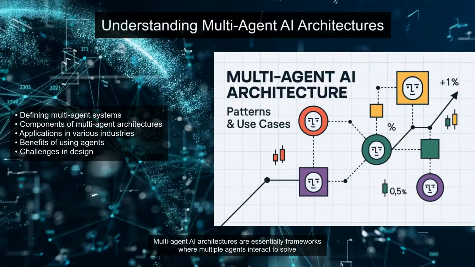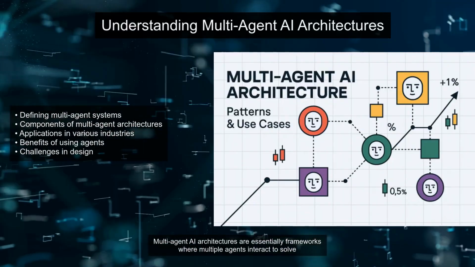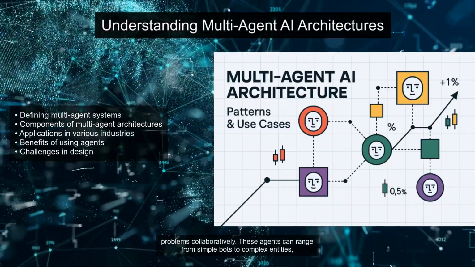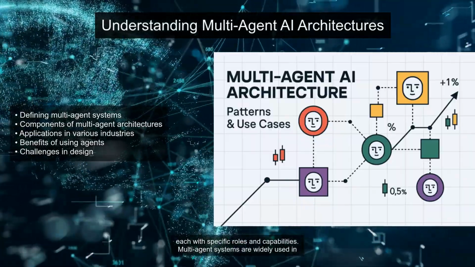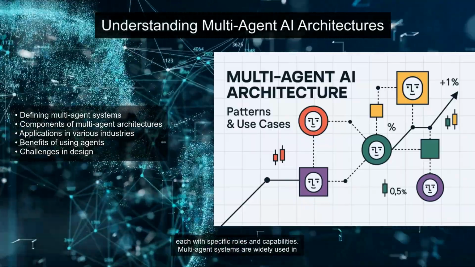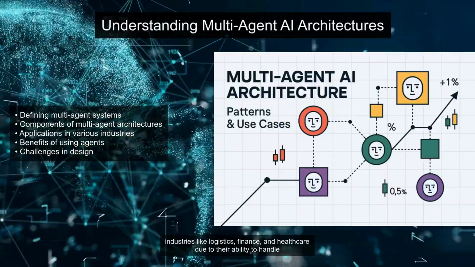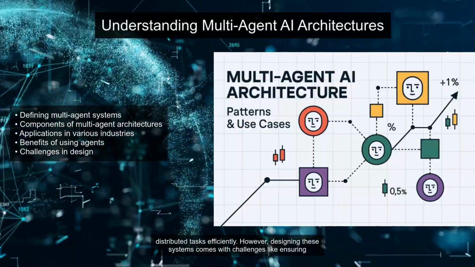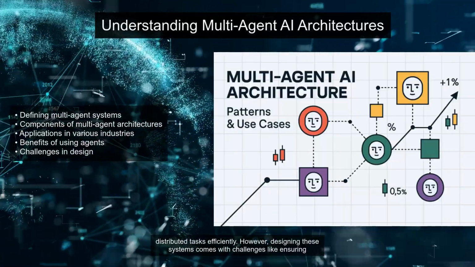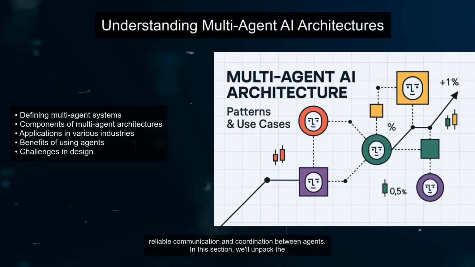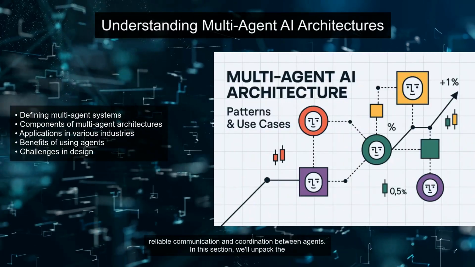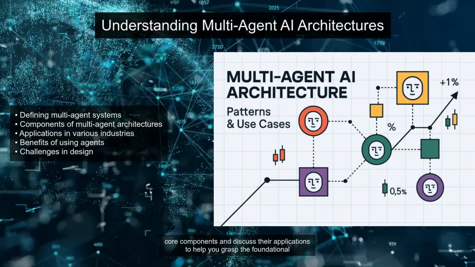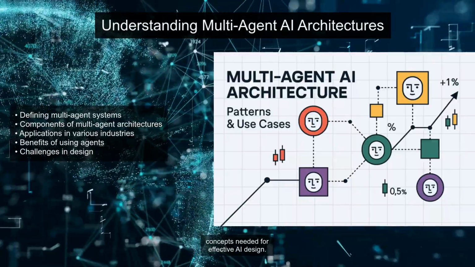Multi-agent AI architectures are essentially frameworks where multiple agents interact to solve problems collaboratively. These agents can range from simple bots to complex entities, each with specific roles and capabilities. Multi-agent systems are widely used in industries like logistics, finance, and healthcare due to their ability to handle distributed tasks efficiently. However, designing these systems comes with challenges like ensuring reliable communication and coordination between agents. In this section, we'll unpack the core components and discuss their applications to help you grasp the foundational concepts needed